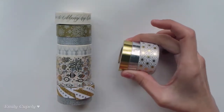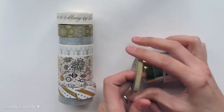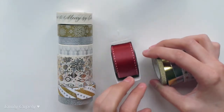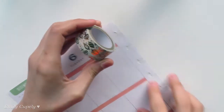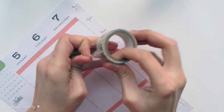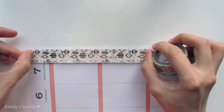These three are from Recollections too, and the glittery one is from letter P, as well as this other letter P washi tape which is super thick and is red. And like I mentioned, I'll use the vertical one for the edges of the holes because it is just perfect for that. So I'll start with that, and it is really pretty. It has a lot of gold foiling,